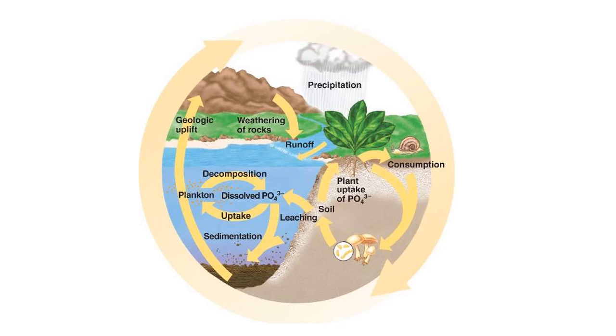And through geological uplift, so when we have new uplifting rocks and other mountains or other kinds of bodies, it can be uplifted back into the mainland, and then through the weathering of rocks or through runoff, it goes back into the water. So this is very slow because unlike the others, which end up going into the atmosphere, this one stays down into the rock level and into the main soil level.